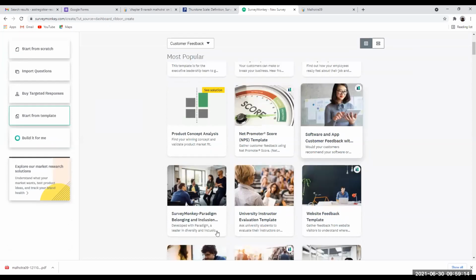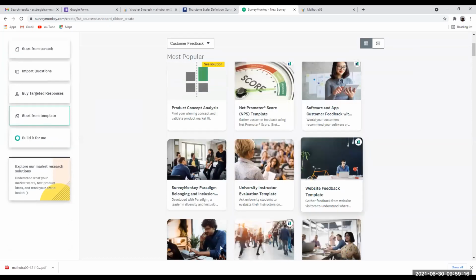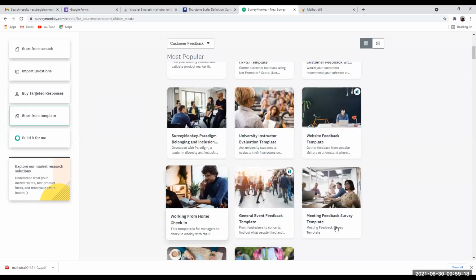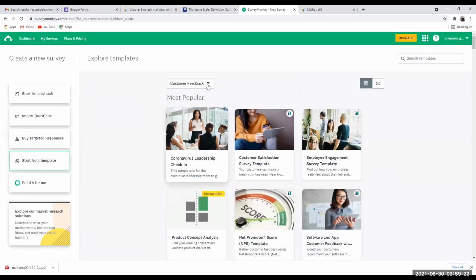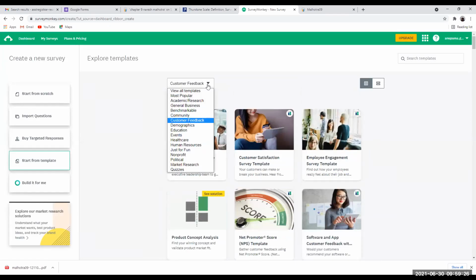You want to do a feedback survey for websites, working from home, general event, meeting feedback, volunteer, any type of thing. So you need to click. If you can observe on the screen here, you will have to click on surveymonkey.com. After creating a user ID and login credentials, everyone can create a user ID and login credentials free of cost. And you can do so. Once you do so, you get into the main screen here.